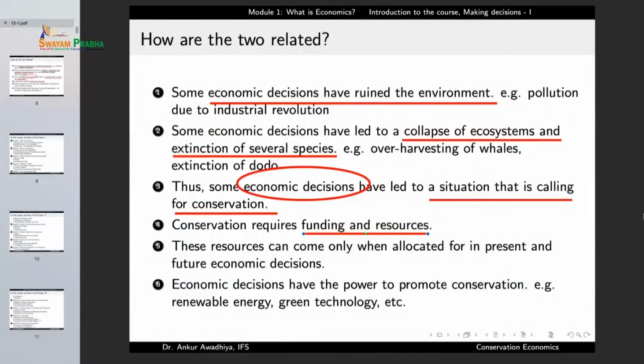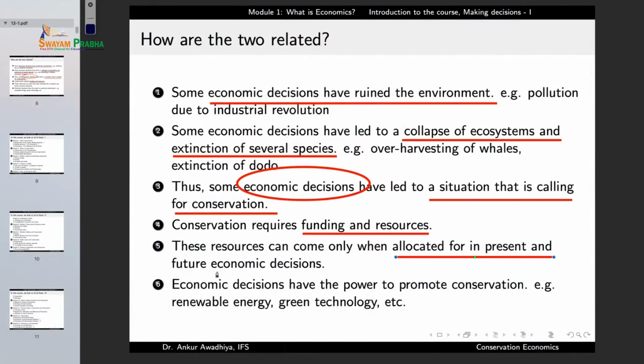Now, when conservationists say let us protect a forest, let us sequester carbon, they are not doing this because they are in love with the forest. They are also doing this because these forests will provide these benefits in the form of ecosystem services to people of our own society. So, this is another relationship between economics and conservation. They have to work hand in glove.